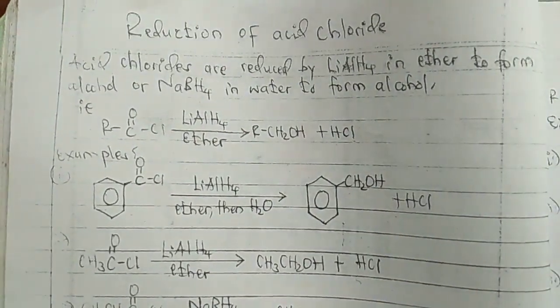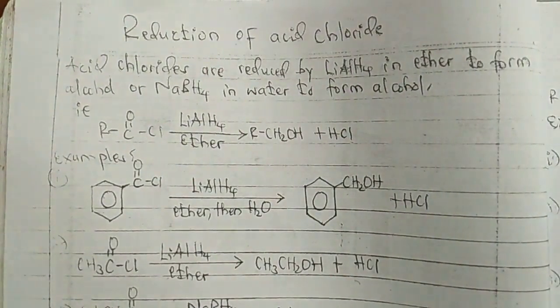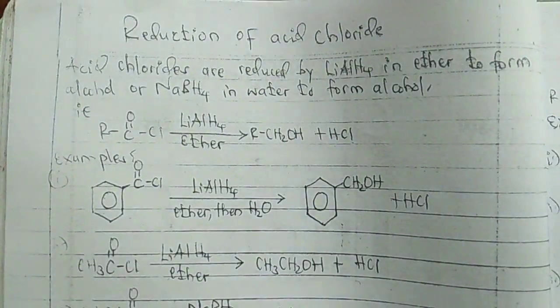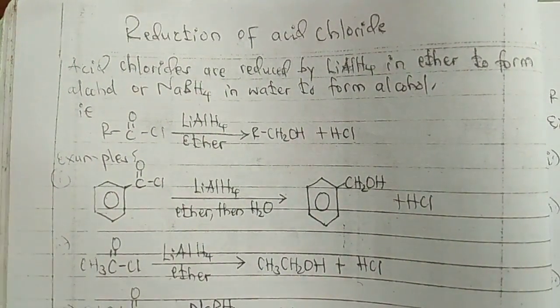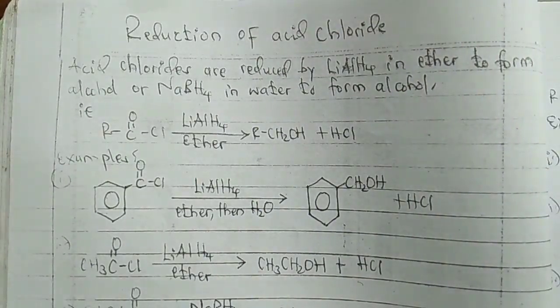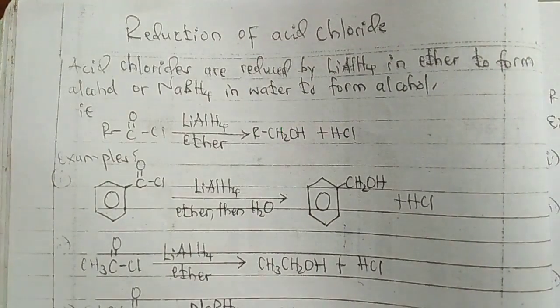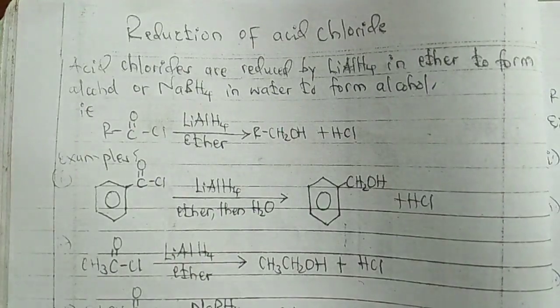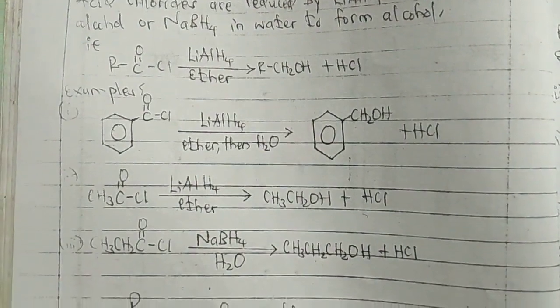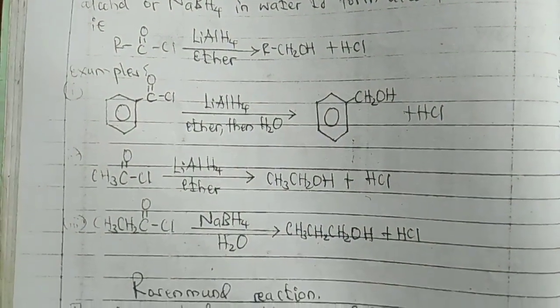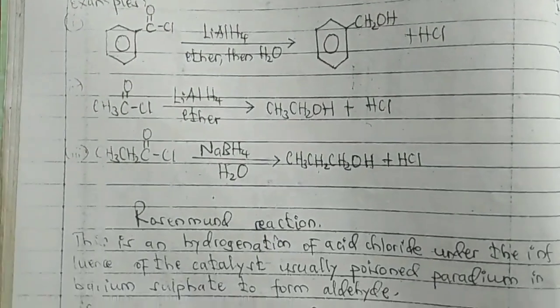A reduction of acid chloride can be done by using the weak reducing agent such as sodium tetrahydridoborate, or the strong reducing agents such as lithium aluminum tetrahydride in the presence of ether then water. So hiyo reaction ndio kutengeneza alcohol, na pia nimekwambia reduction kwa kutumia palladium catalyst in the presence of